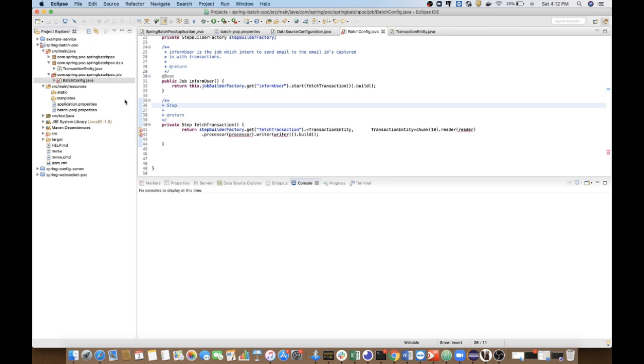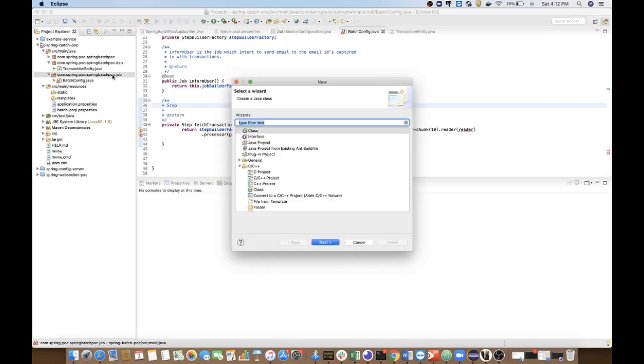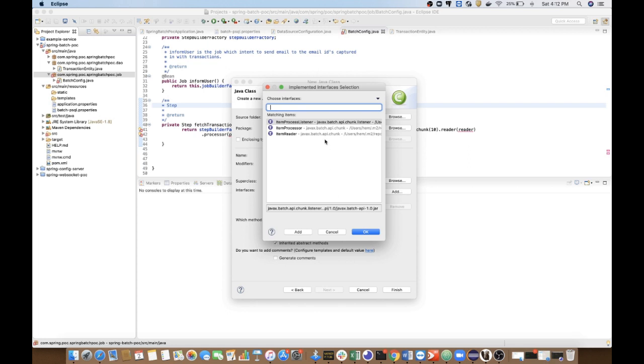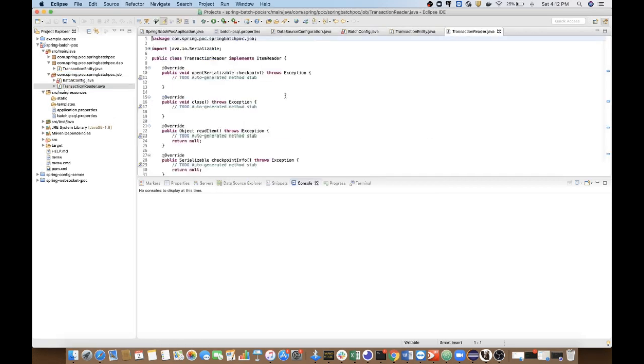Add a reader here. This is transaction reader. Spring Batch already provides an item reader here. We need to write this. Oh, sorry, this is the wrong one.